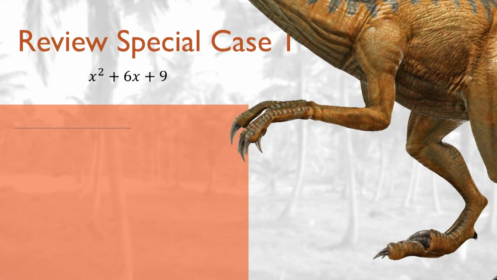So let's review the special case, the first one that we had, where we had the perfect squares. I noticed that this first one and the second one were perfect squares. So I took my square roots and I got x plus 3. 1 times 3 is 3. 3 plus 3 is 6. So I have my perfect square. So that was our first case. So now, taking that into consideration,